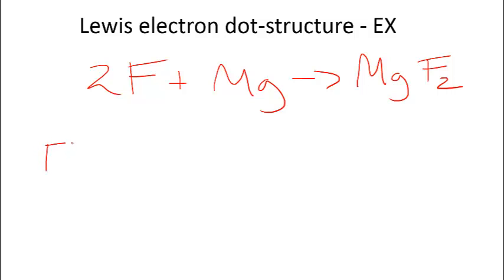So 2 fluorine atoms, the Lewis symbol for fluorine looks like this, combine with 1 magnesium